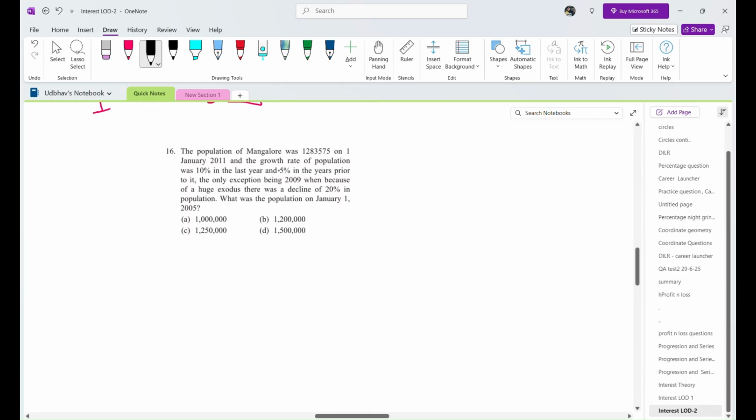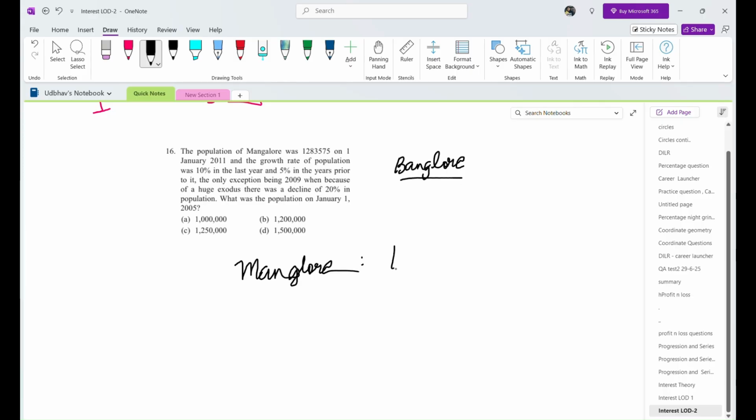Population of Mangalore. What is Mangalore? It is Bangalore, right? Bangalore is a nice place. The population of Mangalore was, wow. Anyways, population of Mangalore is